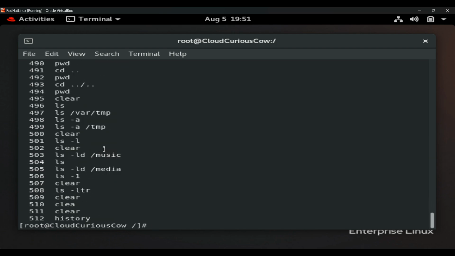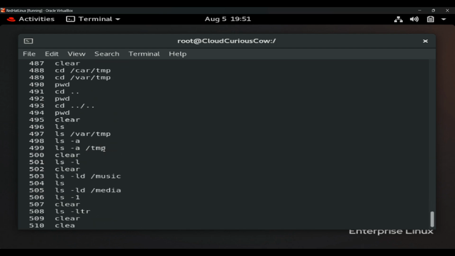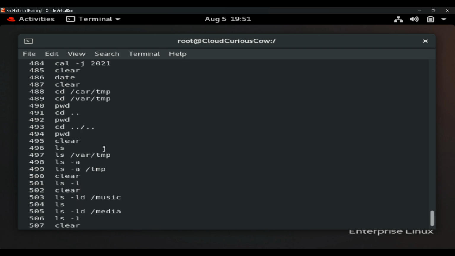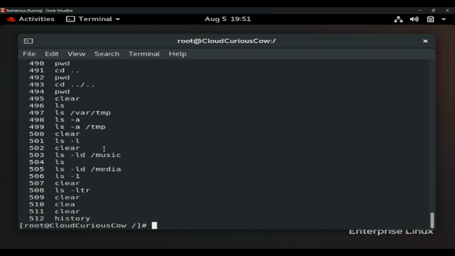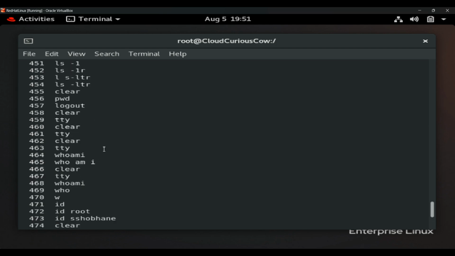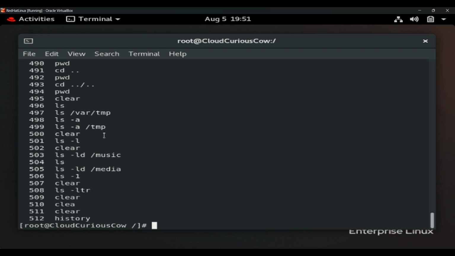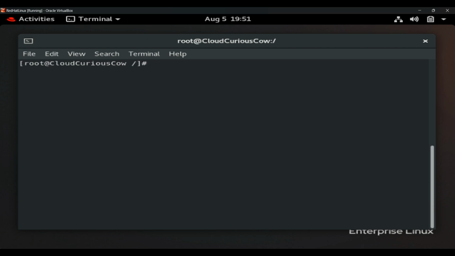You can see I have used 512 commands till now. It has listed all the commands in their respective order. Okay. Then the next command is